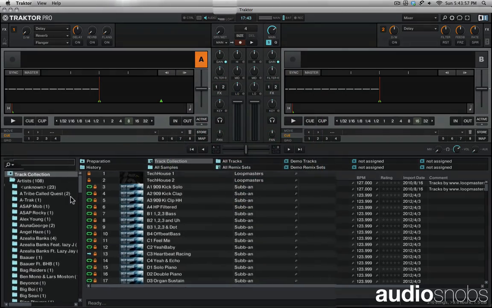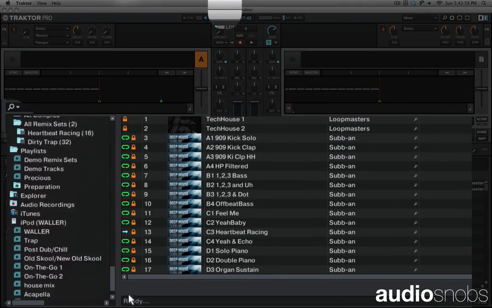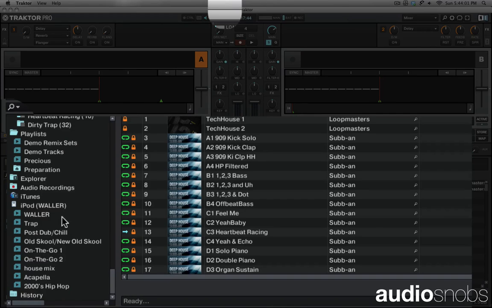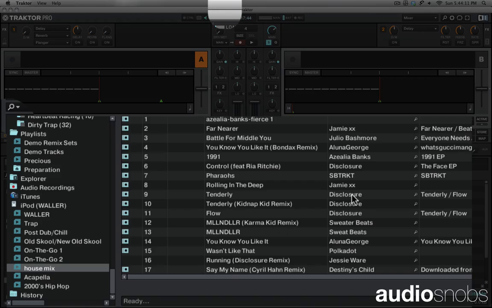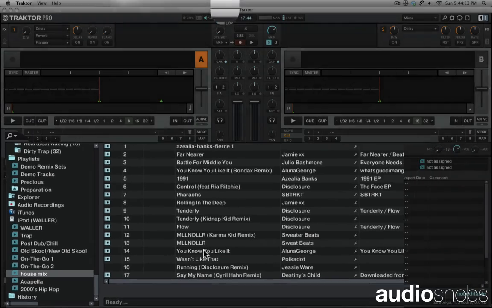So if we look down in the bottom of the screen here, we can see our browser. We can select any music that's attached to any hard drive or on the internal hard drive of our computer, and this is where we will find all of our music therefore. So let's select a tune and drag it onto